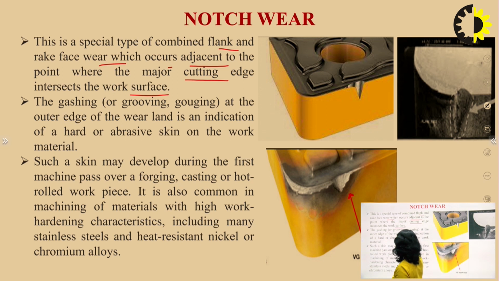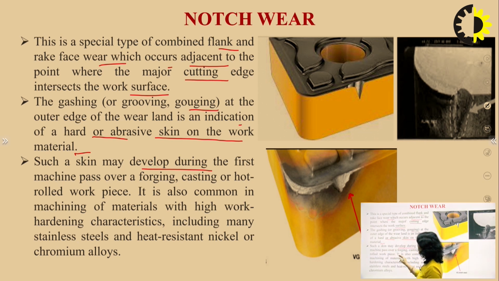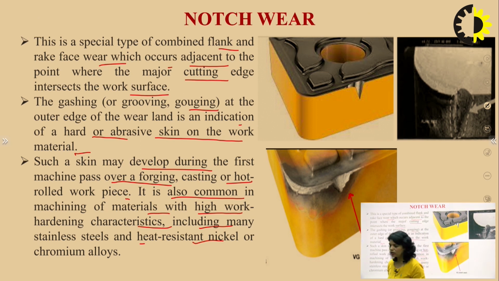The gashing or the gouging at the outer edge of the wear land is an indication of a hard or abrasive skin on the work material. Such a skin may develop during the first machine pass over a forging, casting or hot rolled workpiece. It is also common in machining of materials with high work hardening characteristics, including many stainless steel or heat resistant nickel or chromium alloys. So these are the materials or these are the conditions जहाँ पे कि notch wear formation